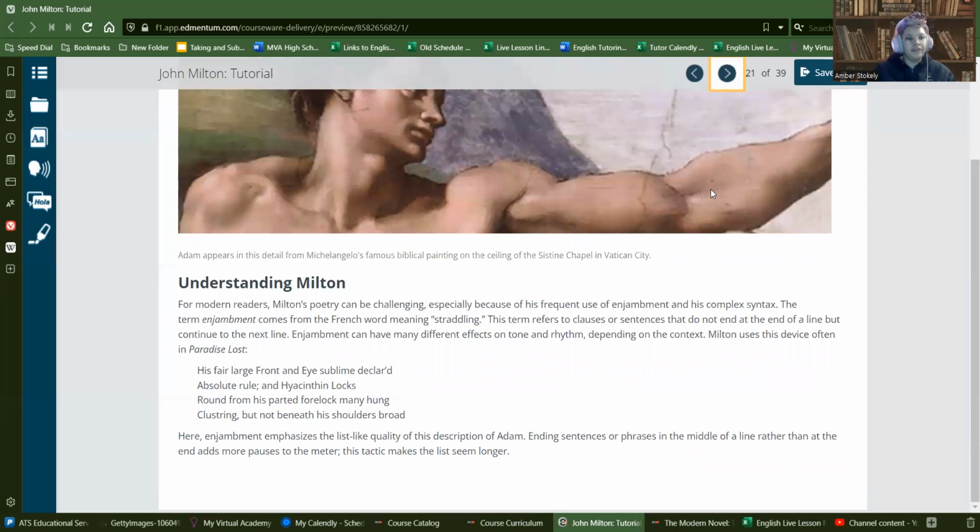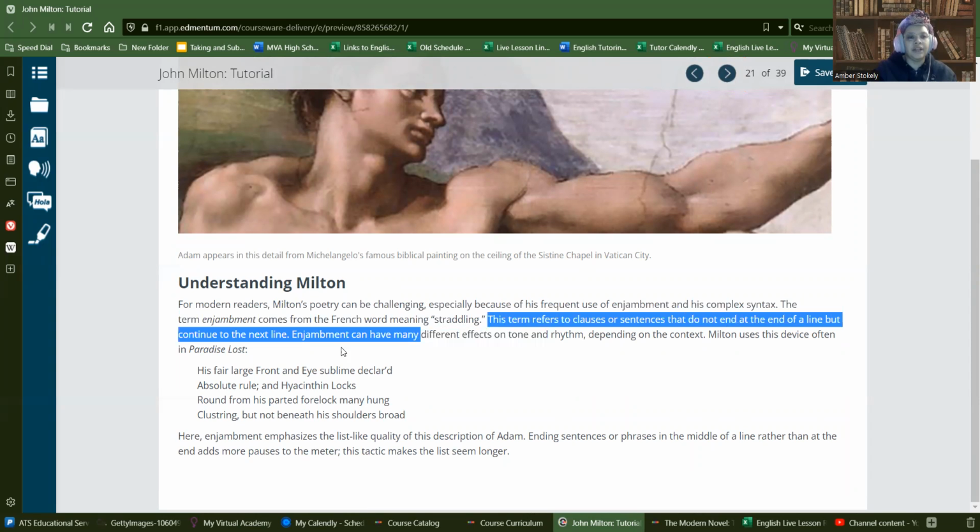Okay, so now we have an entire section on understanding Milton. And I know that this is important because it's going to be rough for a lot of you. I think the fact that his sentence structure is not exactly plain English, there's a lot of moving sentence sections around, it's going to be a little difficult. So they talk about that on this slide, and they also talk about enjambment, and they give you the definition of that. So enjambment comes from the French word meaning straddling,